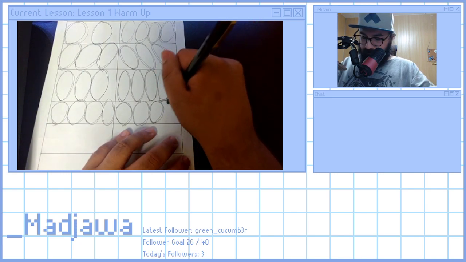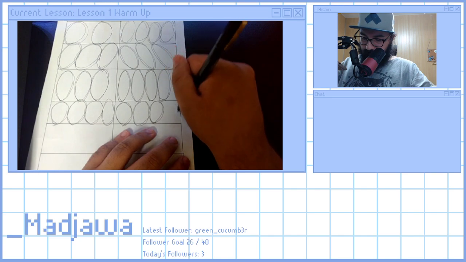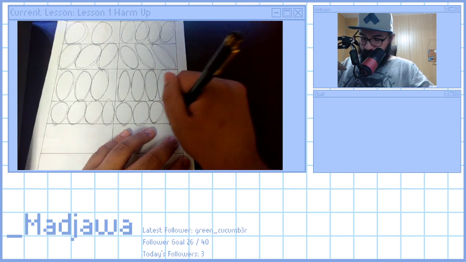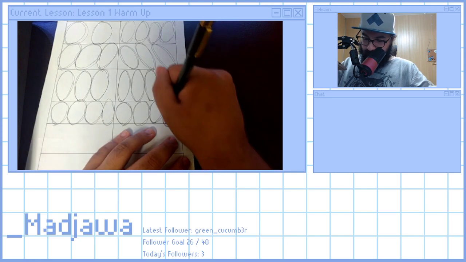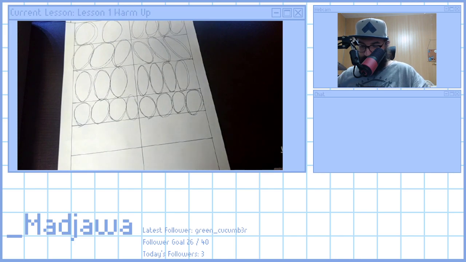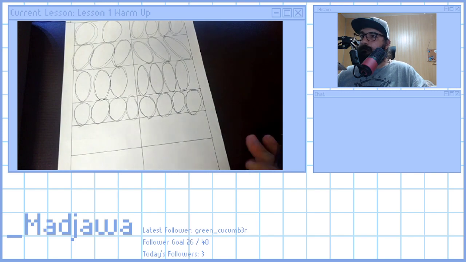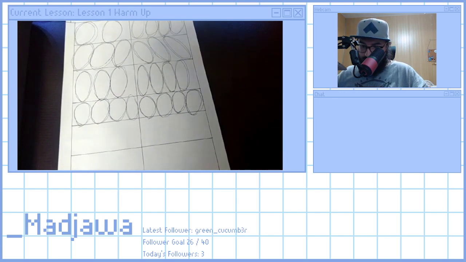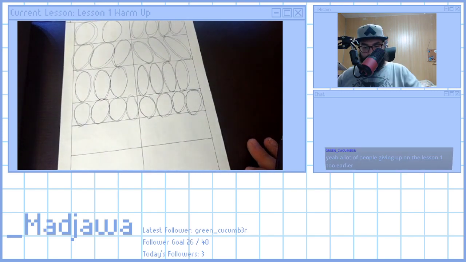Left top right bottom, left top right bottom. Yeah, I overshot that one a bit. I might just do the rest of this page, honestly. I'm most of the way done. I'm not feeling particularly exhausted, so